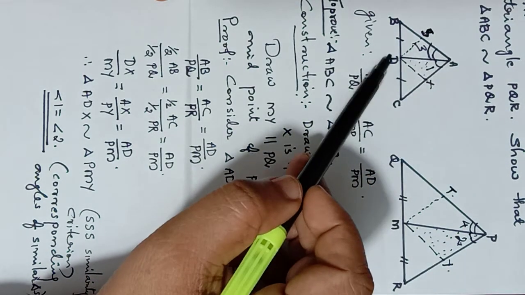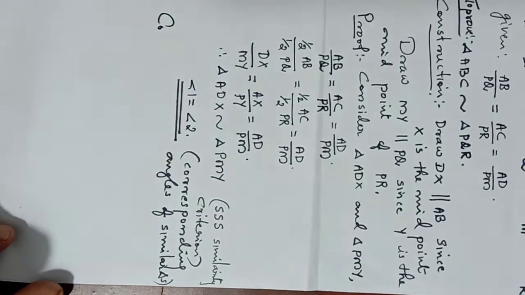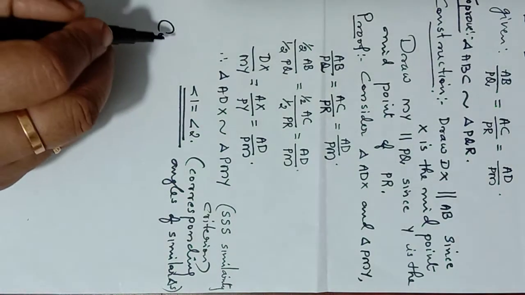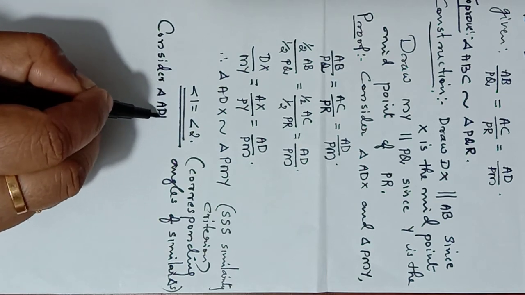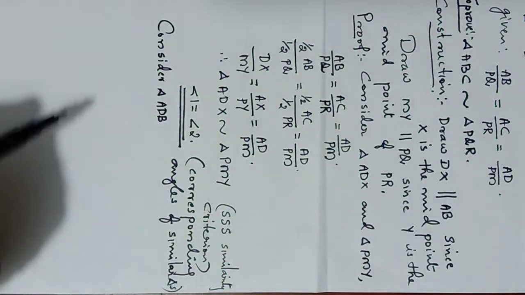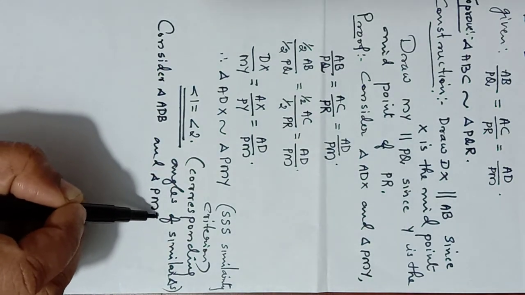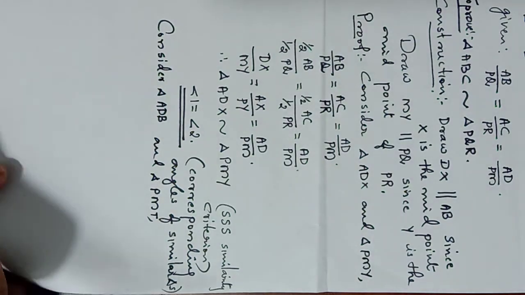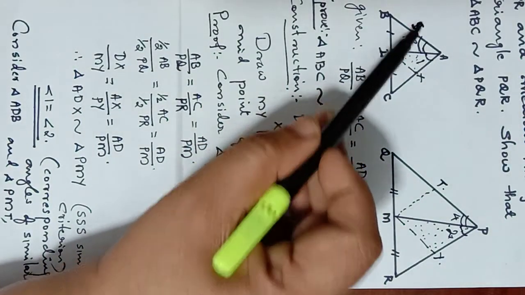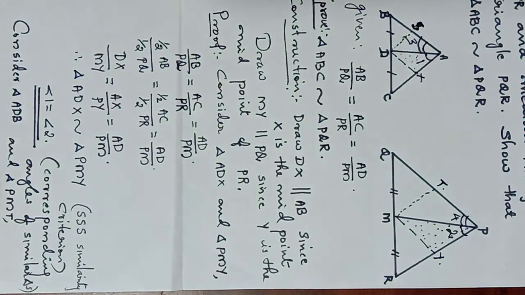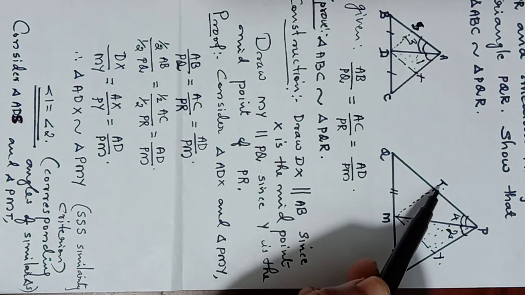Here if we consider triangle ADB, so that step also we will write. Actually we have to write similarly, but for you to understand, I'll write the step. Consider triangle ADB. Let us see the triangle ADB. I'll explain once more. And triangle PMT. Okay, triangle ADB and triangle PMT. This is ADB. ADS I have to write. ADS, triangle ADS and triangle PMT.